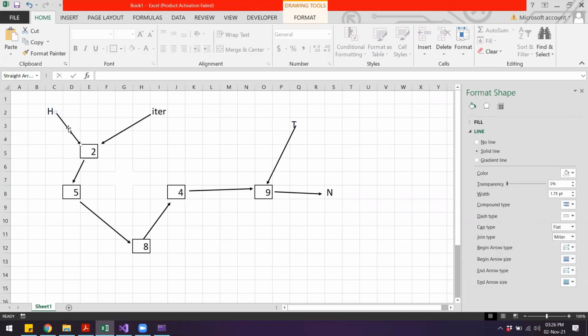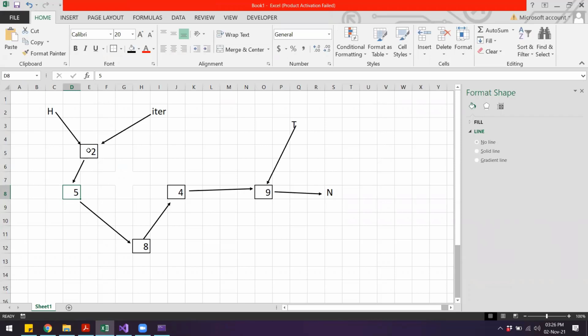I'll make the head pointer point to node 5 so that I can delete this particular node with the value 2. So we will start deleting from the beginning of the list.